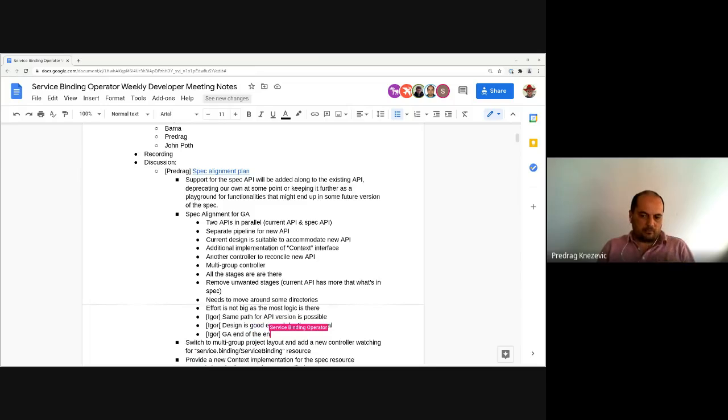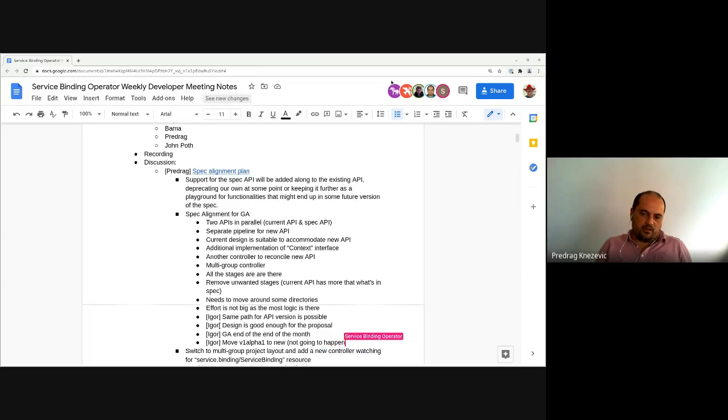smooth. A question which popped up a couple of times is, given that we're gonna GA with the spec API and gonna keep the existing API along in the same operator, whether we wanna also move our API from V1 Alpha 1 to something more stable. And my take on this is that I wouldn't do that, because eventually we would either like to deprecate this API and completely remove it once the consumers are migrated to the spec API, but